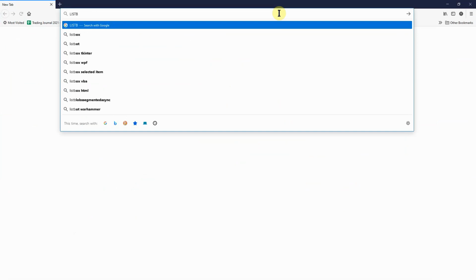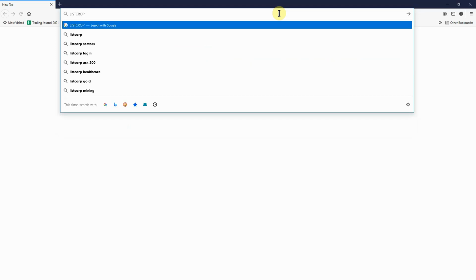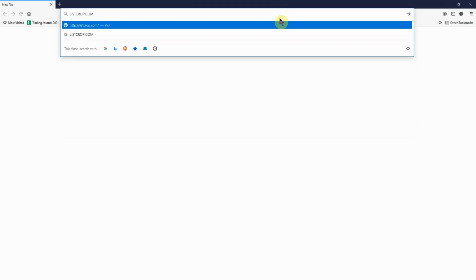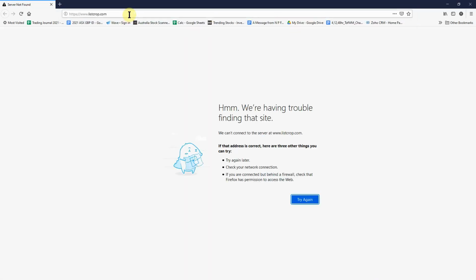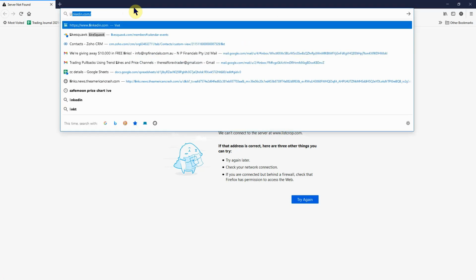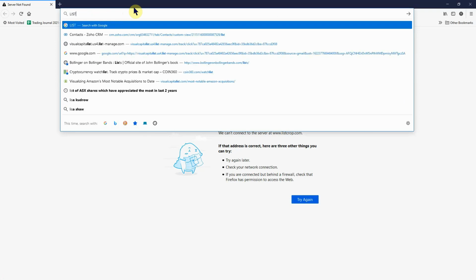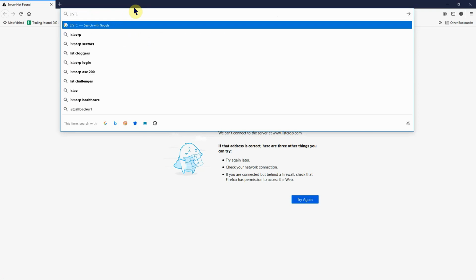www.listcorp, B for boy, C for corn, O for ozone, R for ripple, P for price .com/ASX, sorry, slash, sorry, hold on. Again. L for lion, I for India, S for Sydney, T for Tom, C for company, O for organization,